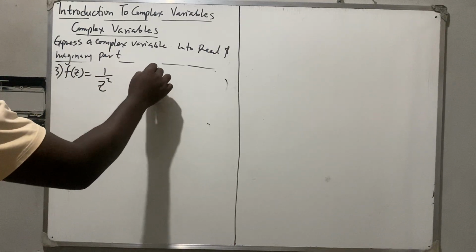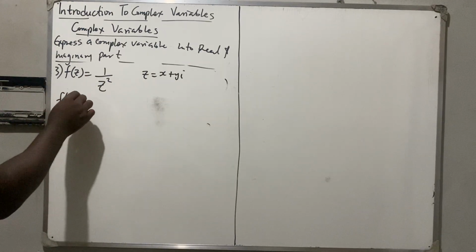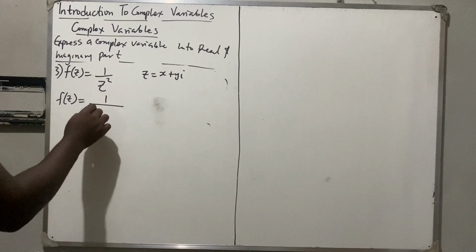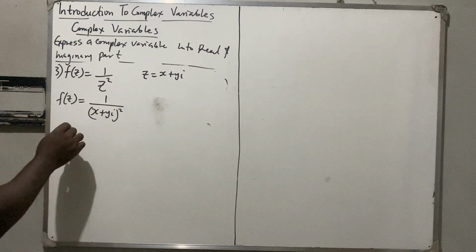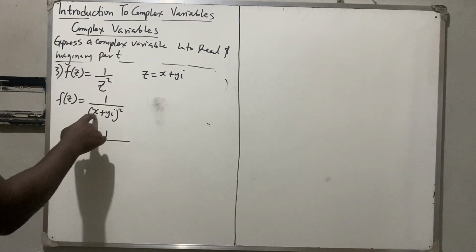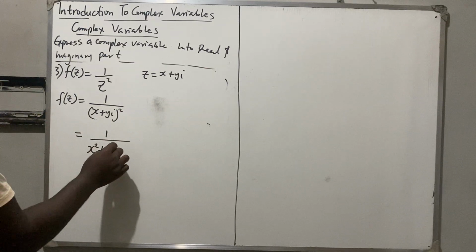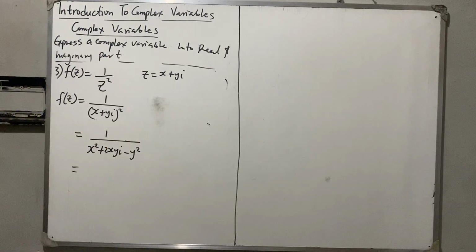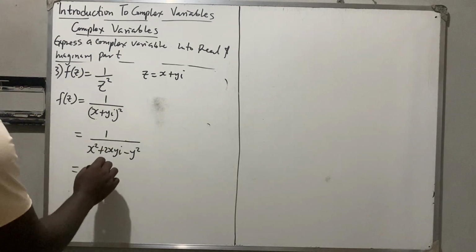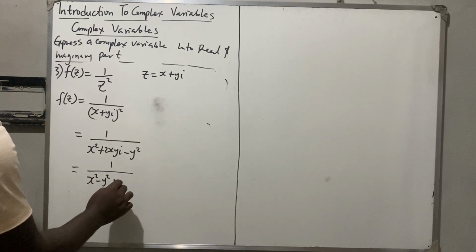So we know that our z is equal to x plus yi. So if I put it here, I'm going to have that f of z will now be equal to 1 over x plus yi all squared. So if I open the bracket of squared, I'm going to have that this is equal to 1 over: square the first one, x squared. Multiply the first one and the second one, double it, you have 2xyi. Square the last one, you have minus y squared. We have done it before. So if you separate this, you are going to have 1 over x squared minus y squared, then plus